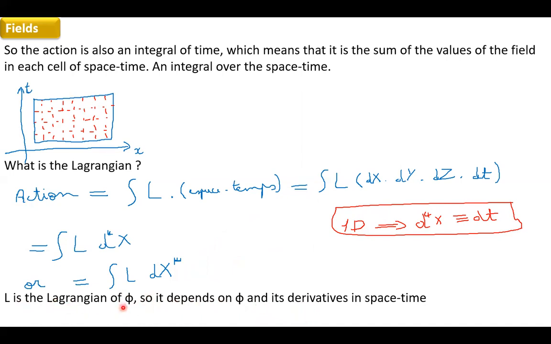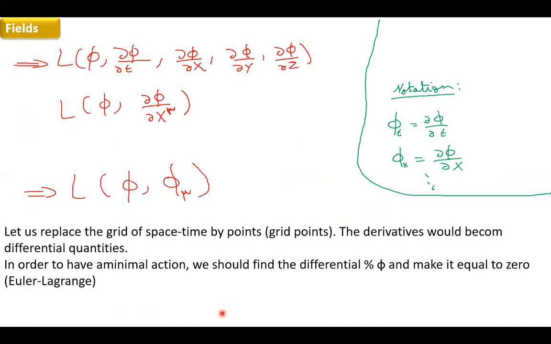So we have the Lagrangian phi. Phi is depending on phi itself and on its derivatives, phi and phi dot. So L is a function of phi and del phi over dt. Now the derivatives are partial derivatives: del phi over del t, del phi over del x, del phi over del y, del phi over del z. Or you can write it as phi and del phi over del x mu, and mu goes from 0 to